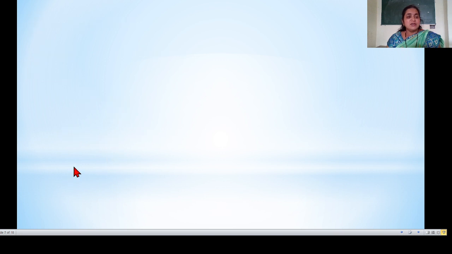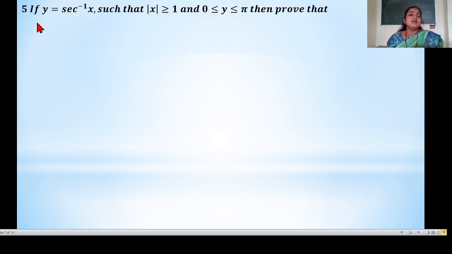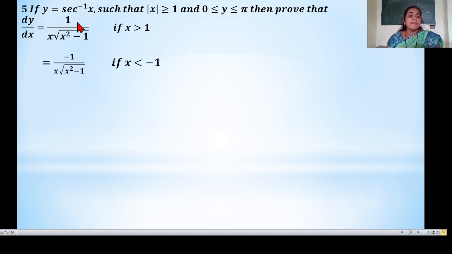Now we see the next function: if y is equal to sec inverse of x such that mod of x is greater than or equal to 1 and 0 is less than or equal to y is less than or equal to pi, then prove that dy by dx is equal to 1 upon x square root of x squared minus 1 if x is greater than 1. And second is equal to minus 1 upon x multiplied by square root of x squared minus 1 if x is